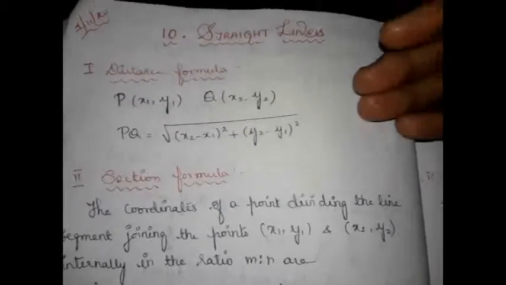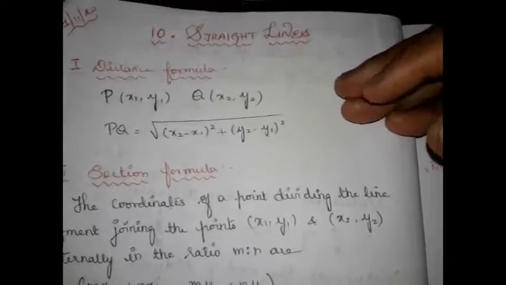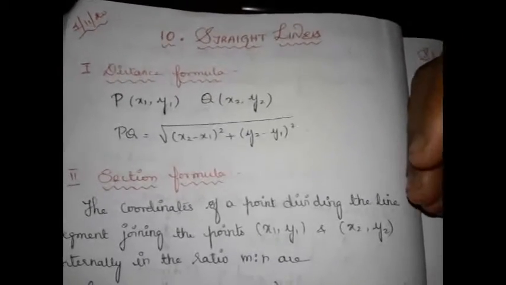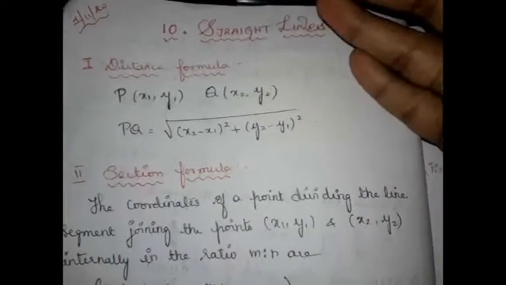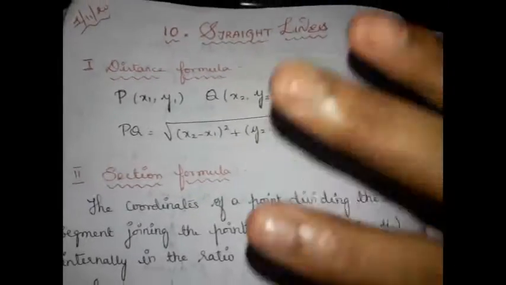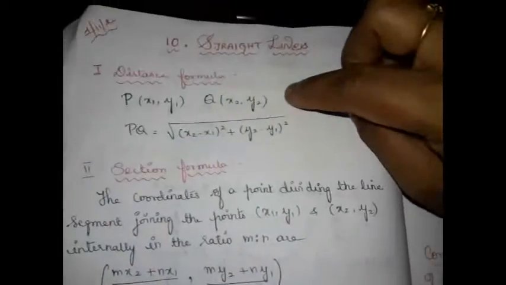Before we learn new things, let us recall what we have learnt in our previous classes. We have learnt about the distance formula in the coordinate geometry of class 10. We started in class 9, and we know how to plot a point in a Cartesian plane. That's what we learnt in class 9. Then in class 10, we have learnt certain things. Let us recall them now. First, we have learnt what is meant by a distance formula.